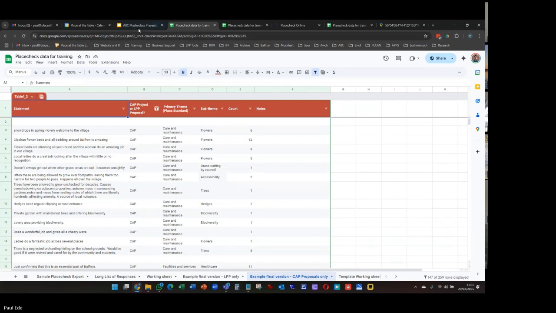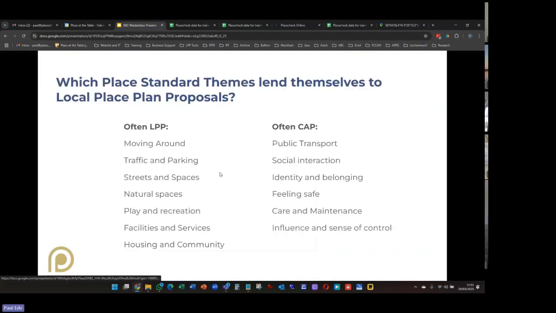Okay, so that is basically how I would go about arranging and sorting the data. Now, just as an observation before we pause it, which place standard themes lend themselves to local place plan proposals? So this is just a guide for you. If you're using the place standards as a thematizing framework,